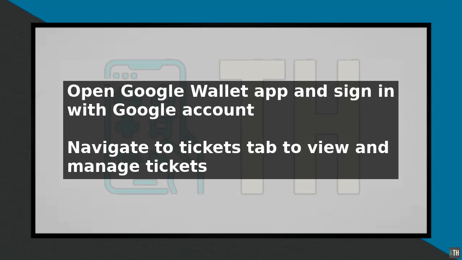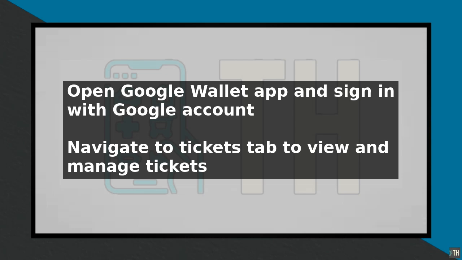To use Google Wallet for tickets, you need to have a Google account and the Google Wallet app installed on your device. First, open the Google Wallet app and sign in with your Google account if you have not already done so. Next, navigate to the Tickets tab in the Google Wallet app where you can view and manage all